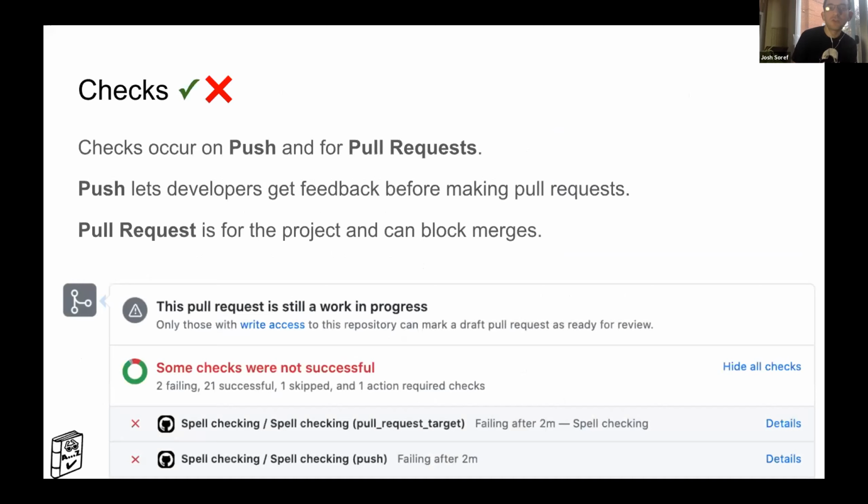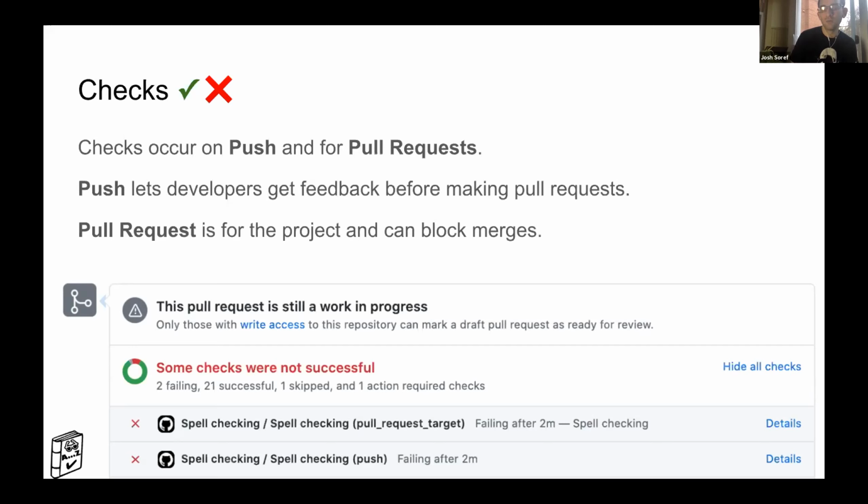So you have checks. There are two main actions that the bot currently responds to. One is pushes, which is ideal if you're making a change and you want to test it before you make your pull request. If you have a fork, you just push your branch straight to GitHub. The action can run on that branch and report its issues before you make the pull request, so nobody else sees that you've made a typo.